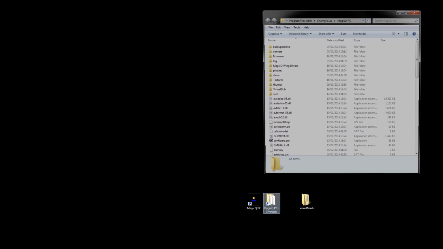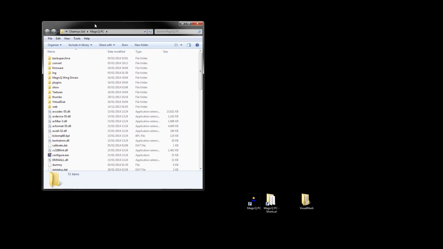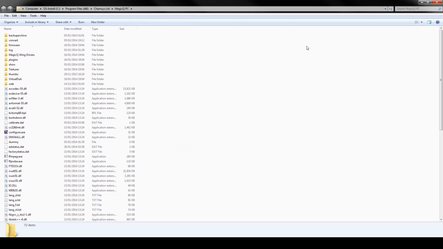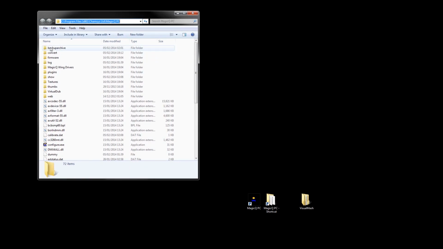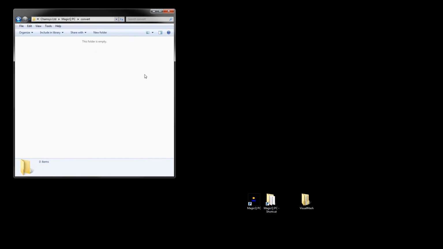Now what I'm going to do is run through with you how to add your own custom content to the MagicHD system. So if we just navigate to our install directory for MagicQ PC, in this case it's Program Files x86, Camsys Limited, MagicQ PC, and inside this folder we've got a directory called convert. So this is where we need to put our custom content to be converted to be used with MagicHD. So I've got some content here from Visual Mash,